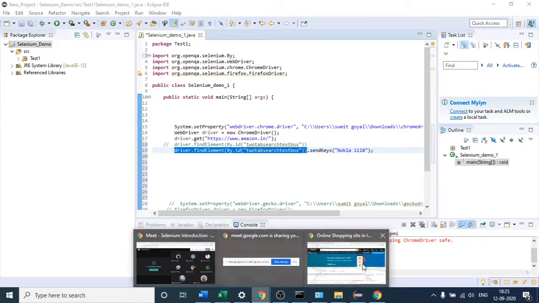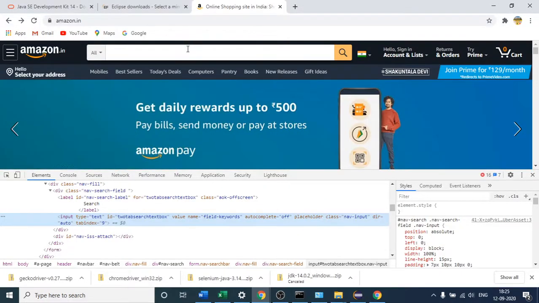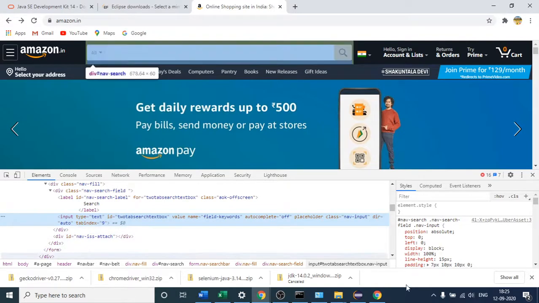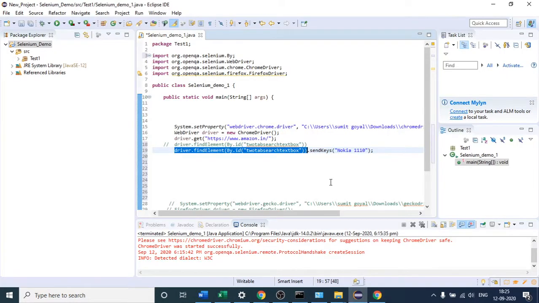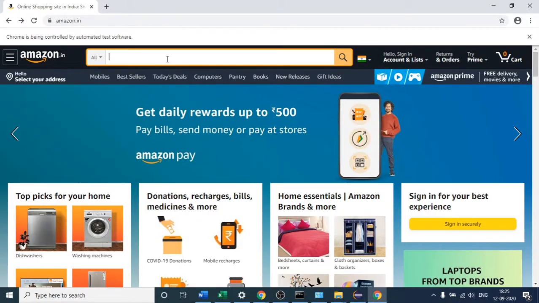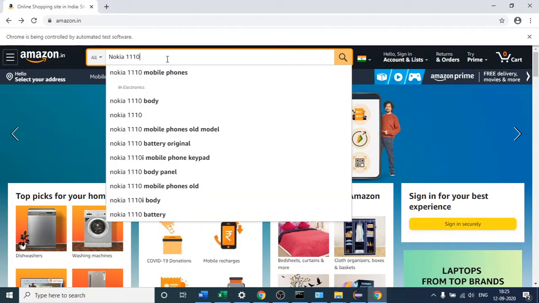This is the text box. That step will identify, yes, this is the text box, here it is present. After that, with the help of this sendKeys method, it will just write this text inside here. So we will check whether it is working correctly or not.